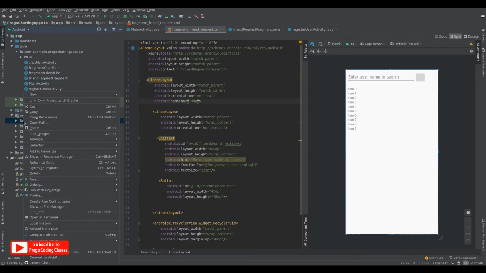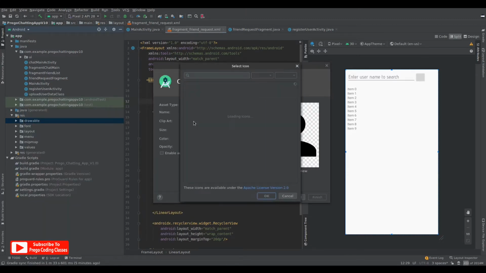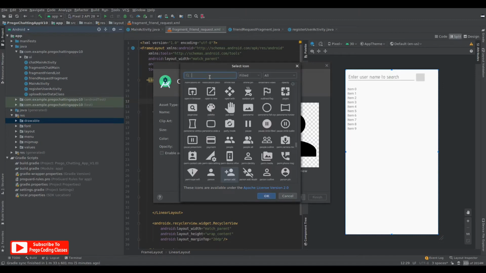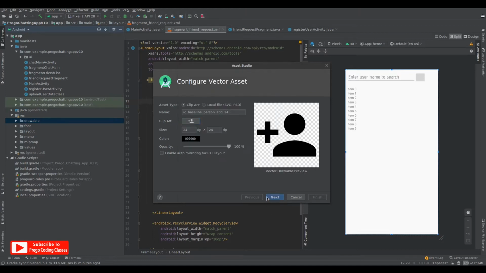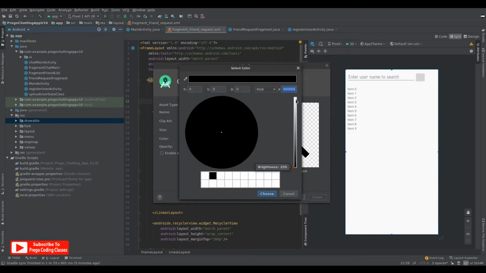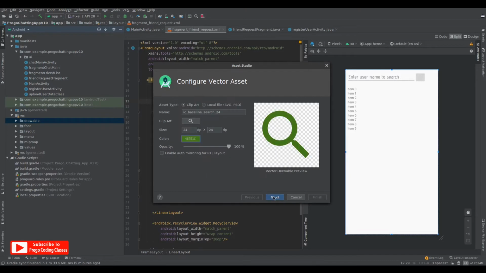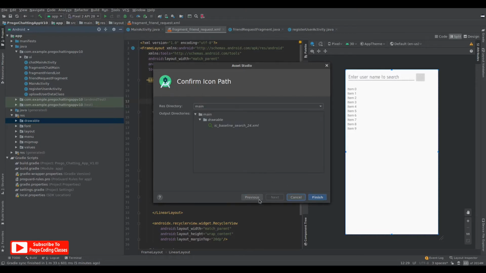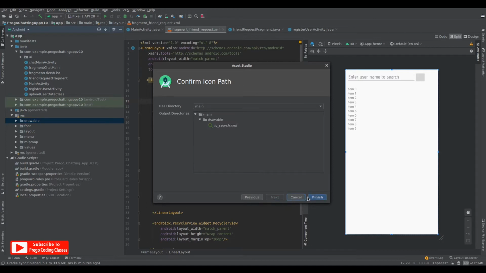So right click on the drawable folder and create new vector asset. We'll create this icon and say over here search, and we'll select this one. You can give any vector asset you want. I'm just using this one, and we'll create a color of green, and let's just make it dark. Choose next. I just hit previous and just give it a name of IC search. Next, finish,